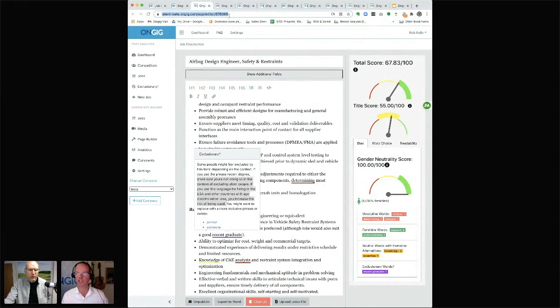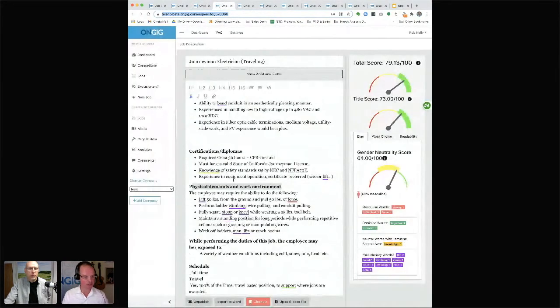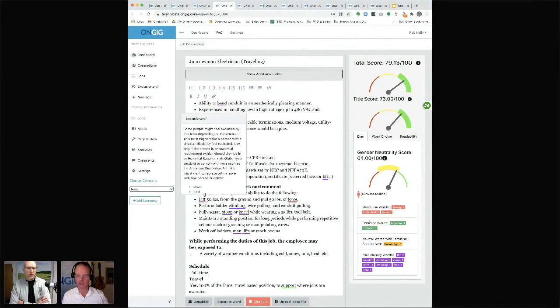Let's go look at another example here, which is physical disability language. Now, Tesla's doing a better than average job here in their physical disability language. Of course, they're trying to comply with the Disabilities Act and laws. But even on these, where they did a pretty good job, they're putting in the lift 50 pounds and all of that. I'm not sure how many of you know this, but when you hover over this, you'll get the